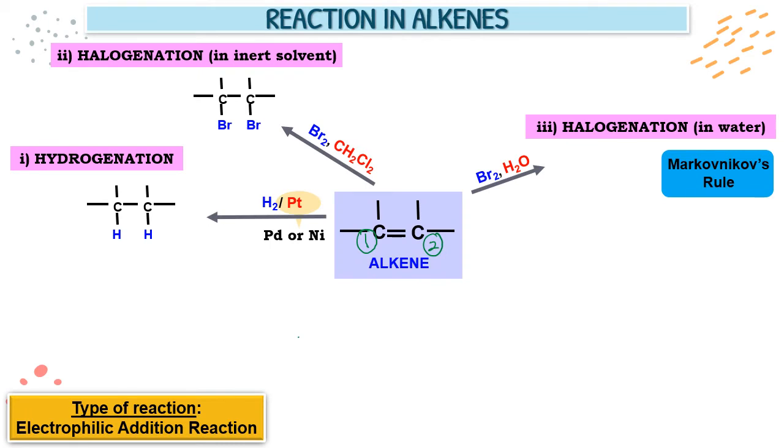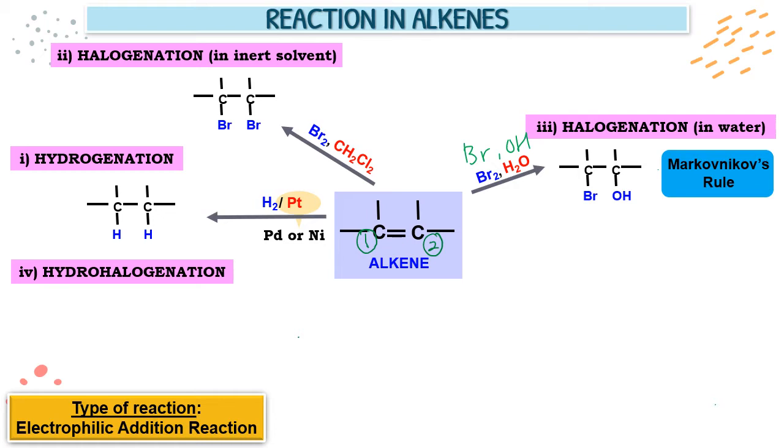Like I mentioned just now, the one that we want to add into our alkene for halogenation in water is actually bromine and also OH. By right, this is just a general formula, so bromine and OH. But if you have a real compound, you need to determine based on the Markovnikov rule. So this is reaction number 3. Now, we have reaction number 4,